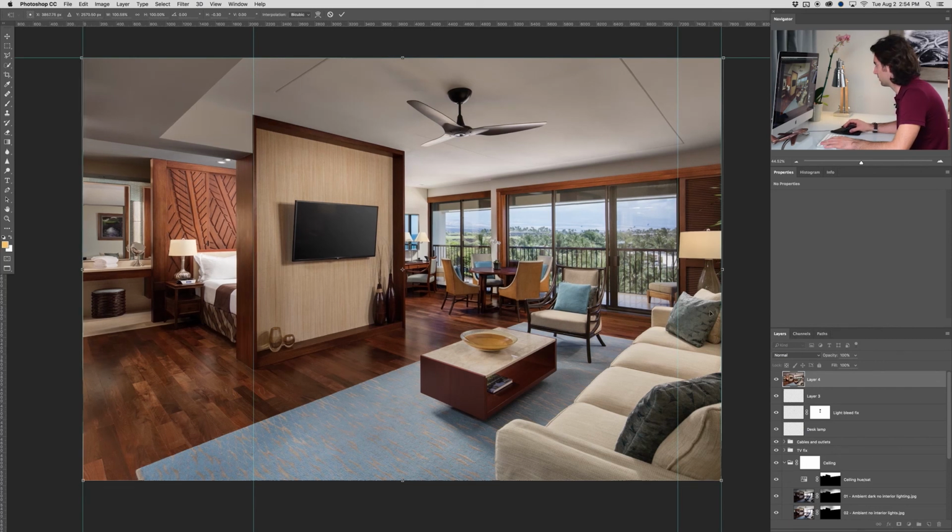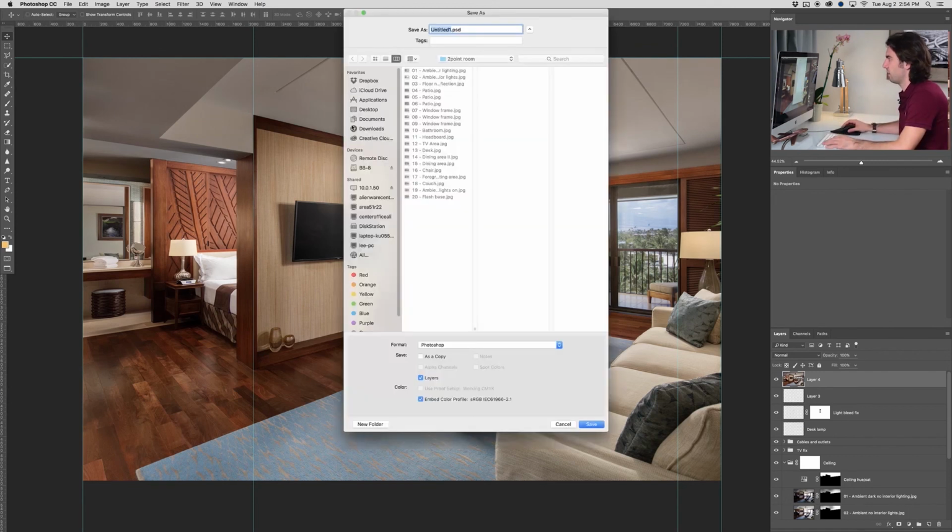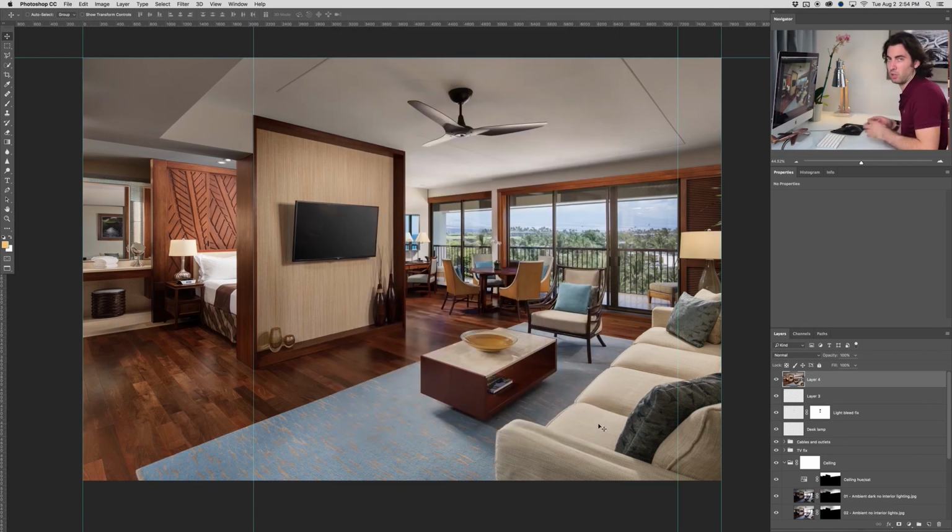Again, that's kind of a requirement for all architectural photography. And once that's in place, go ahead and hit Enter and confirm our changes. And if you go to save this and Photoshop throws up an error that's like, this file cannot be saved because it's bigger than X gigabytes or whatever, you save it as large document format. So it's going to be suite1.psb, and that will allow you to save much, much larger than Photoshop's arbitrary file size limit. So if you do get that error that says this file is too big, that's how you take care of that. So we'll go ahead and save this, and I might throw some final tweaks on it in Lightroom,